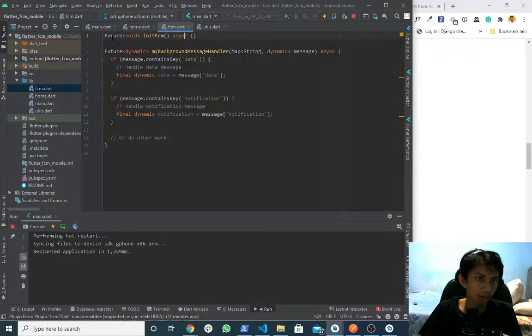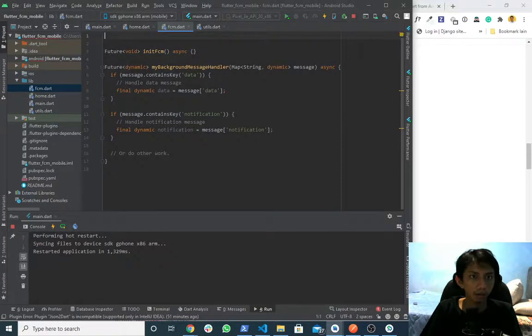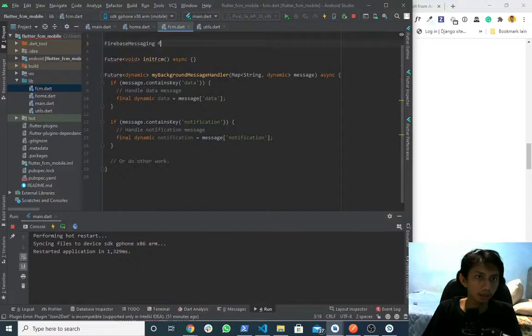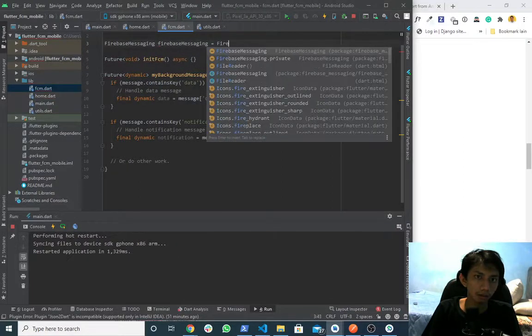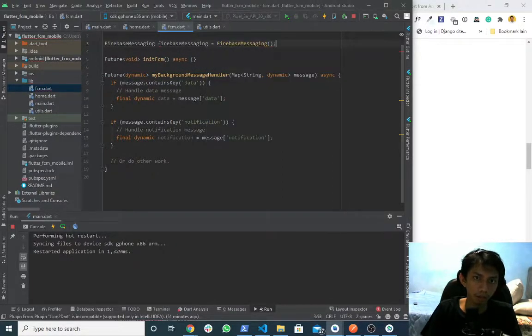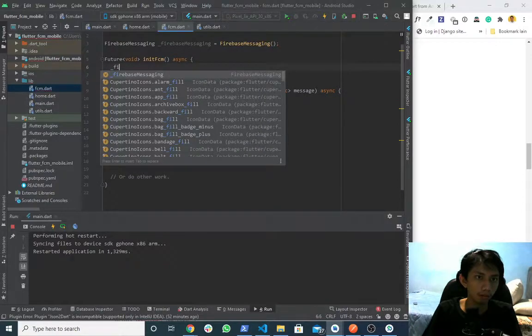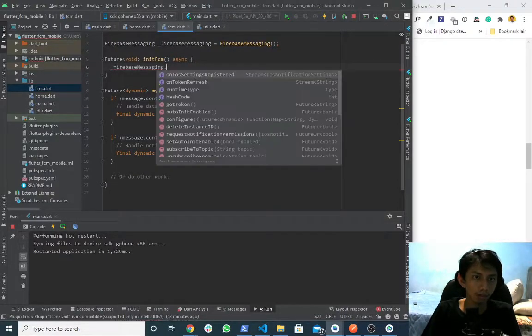So first we have the Firebase messaging, which we will initialize right here, and then when we init those, we will